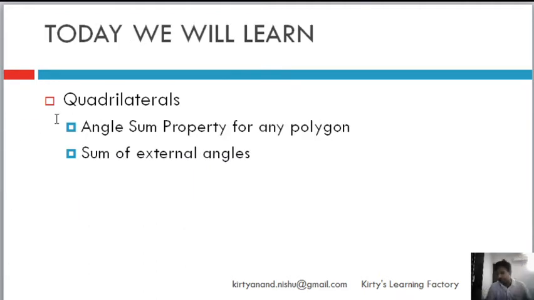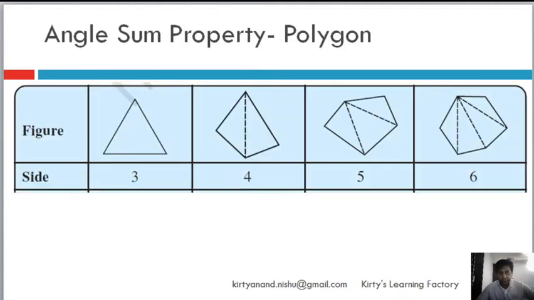Today we are going to learn something which is fairly simple, which is the angle sum property for any polygon. If you remember, we already have studied the angle sum property for a triangle: the sum of three internal angles of a triangle is 180 degrees, and we are going to use this. If you haven't seen how and why this is equal to 180 degrees, go to my channel and look for the angle sum property of a triangle tutorial. I have proven using different methods why the sum of three angles of a triangle is equal to 180. So we are going to use this as is; we are not going to prove it once again.